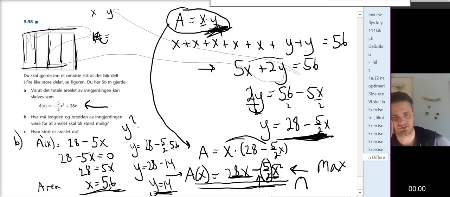And what is the area then? We could find the maximum point of this graph, and the area would be the y coordinate on the graph. But I can put 5.6 into this formula, or just do it simply. I know that the area is x times y. That's how I find the area of a rectangle, this times this. So it's 5.6 times 14, which is something. 56, and then 4 times this is